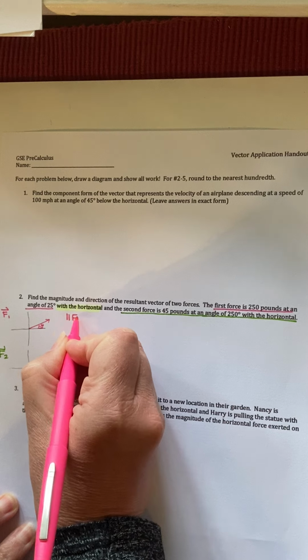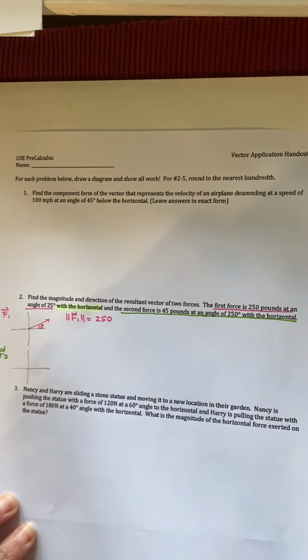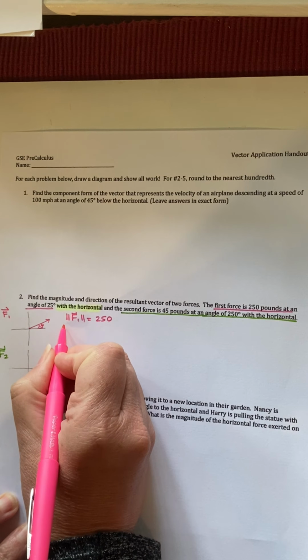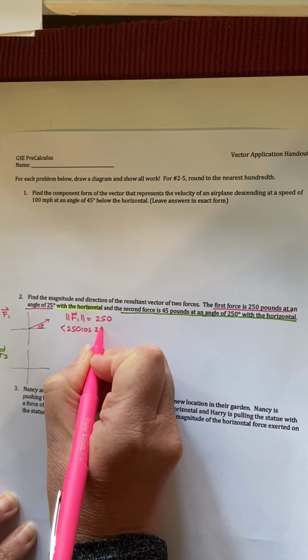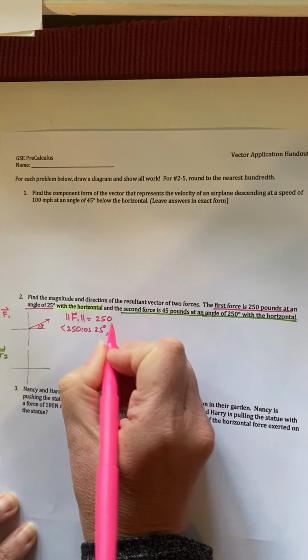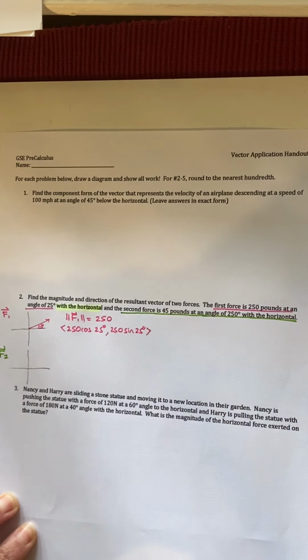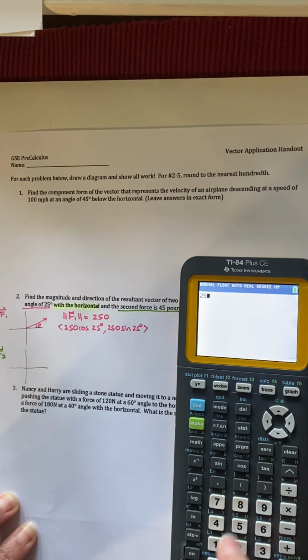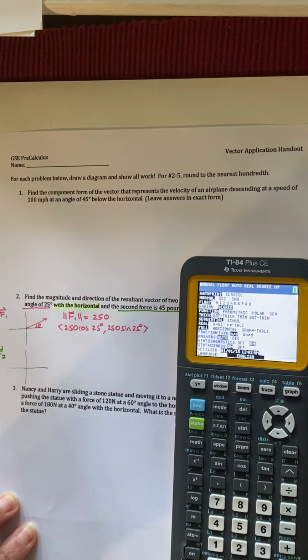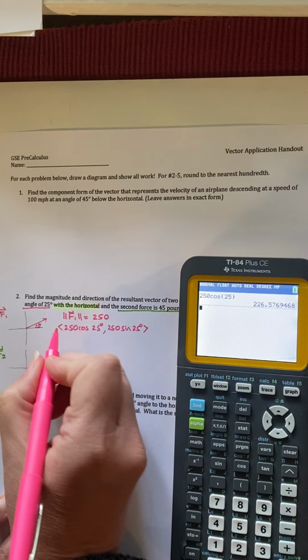The magnitude of this vector, I'm calling it vector 1, is equal to 250. If we wanted to change that into component form, you're going to take 250 times cosine of 25 degrees. That's going to give you the x-coordinate, and 250 times sine of 25 degrees is going to give you the y-coordinate. You can just do this on your calculator. Make sure that in your mode you're in degrees. Then you'll take 250 times cosine of 25 degrees, and that's going to give you